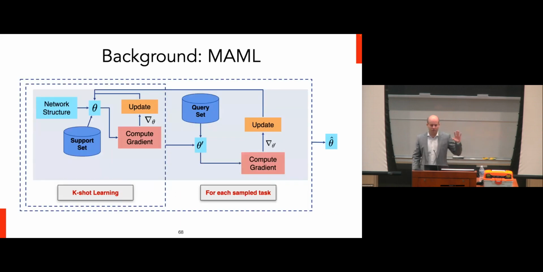And so this is the general framework for MAML. You start with an initial set of parameters. You receive a support set of training examples. You change your parameters as a result of that support set. And then you can essentially classify the examples in a query set and then learn how to initialize that initial set of parameters such that you can do this effectively.